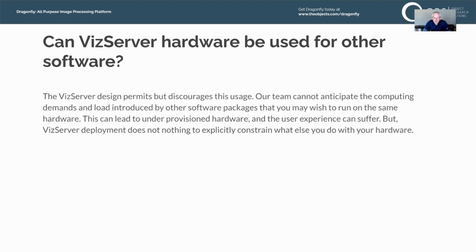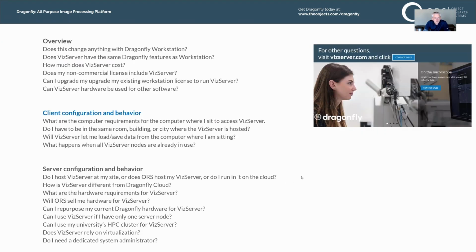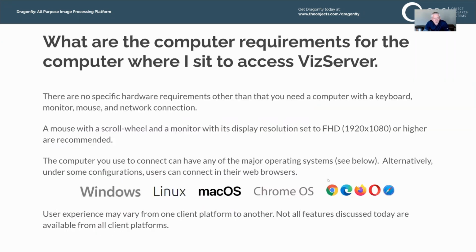But ultimately, VizServer deployment does nothing to constrain what other software you want to use or anything else you want to do with your hardware. So this is certainly permissible. It's just not encouraged. So I'll go now into some questions about the client configuration and behavior, starting with